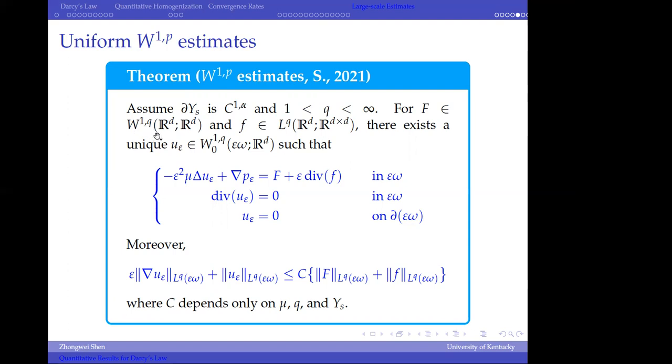So small f is also a q function. Then we can solve this equation in the unbounded periodic domain, omega epsilon, with Dirichlet condition on the boundary of the holes. And the key is the estimate. So the L^q